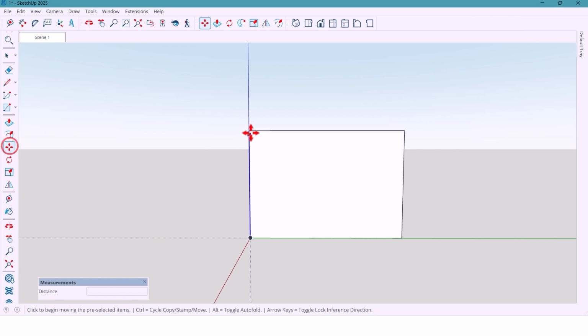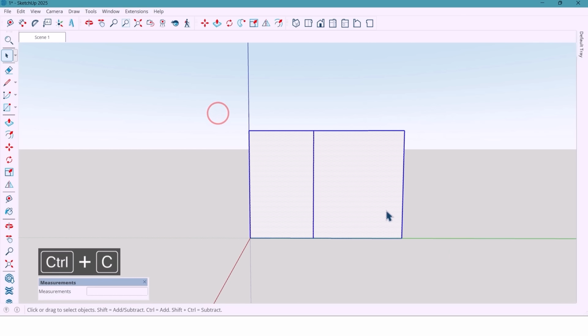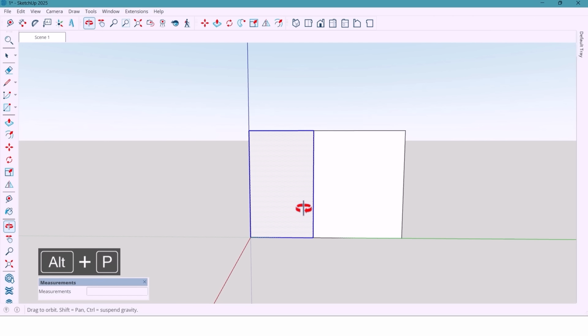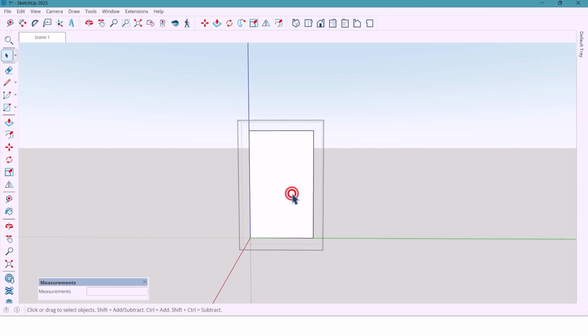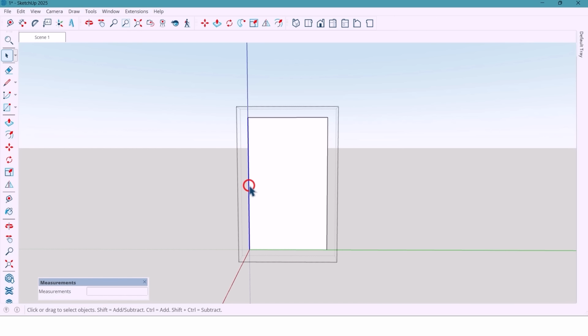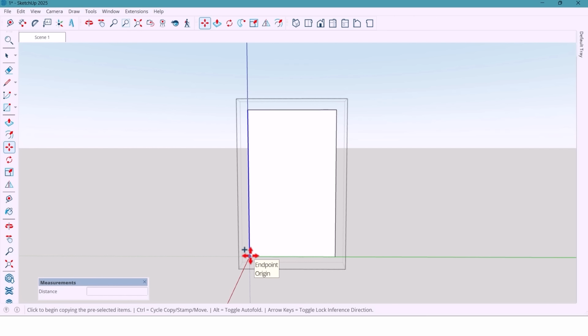Then, from the side, I take a copy at 1500 millimeters and take a copy of the whole surface. I group this area, paste the copied surface in place, and from that line, I take another copy at 100